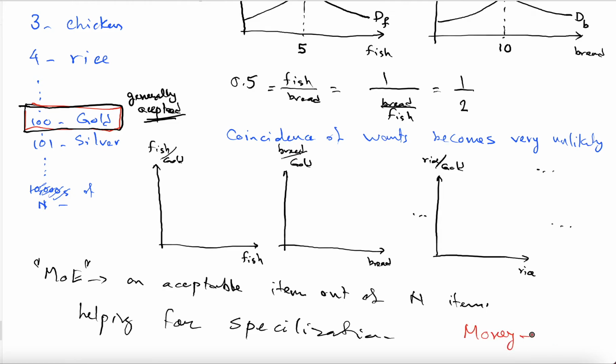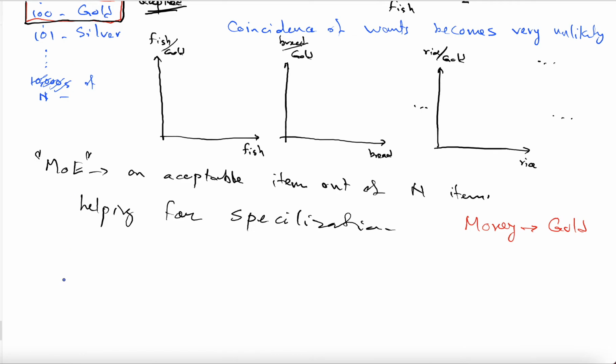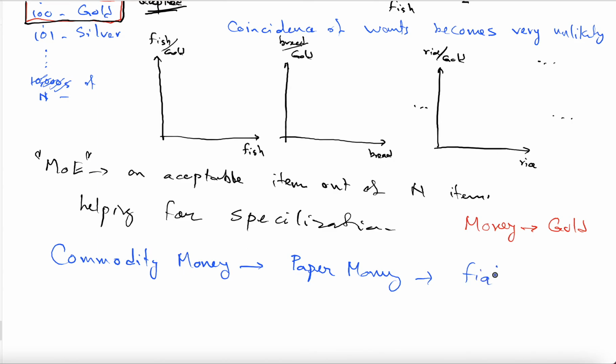So in this example, we equate the gold as the money. And this type of money was called commodity money. Later, the paper money came. So we are going to talk a little bit about how paper money, or it's called fiat money, or the best name for paper money is currency.